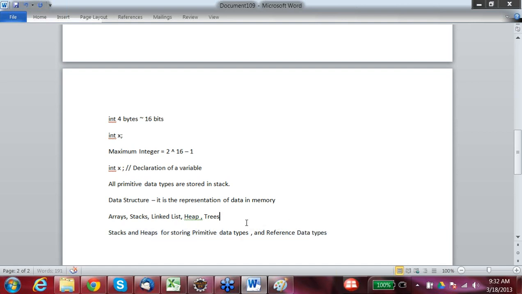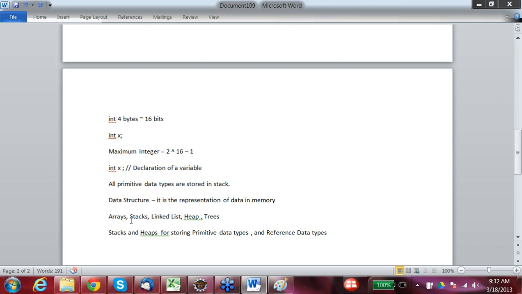A data structure represents how data is actually stored. For example, arrays basically store all similar kinds of data. All the homogeneous elements are stored at one place in arrays.